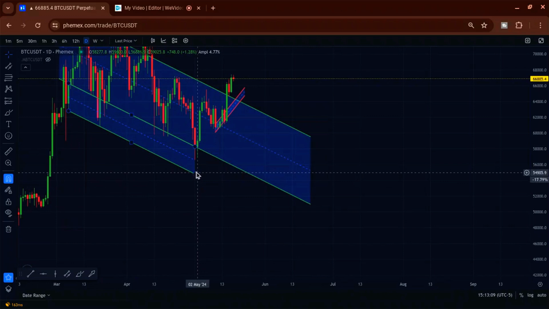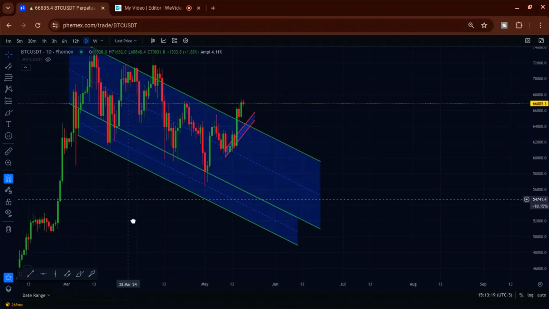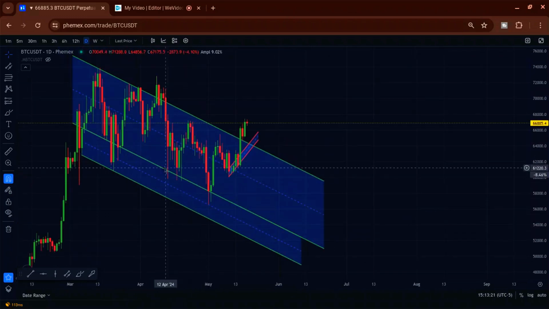And then as time goes on, I just keep extending down. So let's just extend that down and see what happens. I thought it might come down and test the very bottom of that bear. That's the bear trap extension I just put on. It didn't make it. Twice it came down